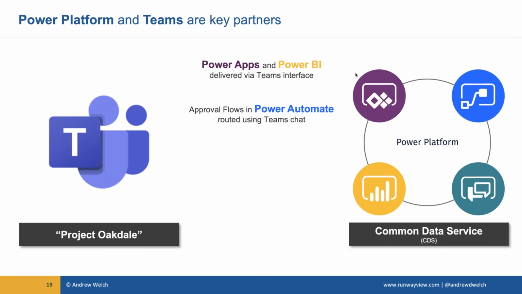So someone requests time off, or they make a budget request, or they make a travel request, or whatever it might be. We can actually route the approval of that directly through a chat in Teams. So the manager gets the request and a button: approve, deny, reasons, whatever. We can do all that in Teams. We can build chatbots in Power Virtual Agents that converse with users right there inside of Teams.